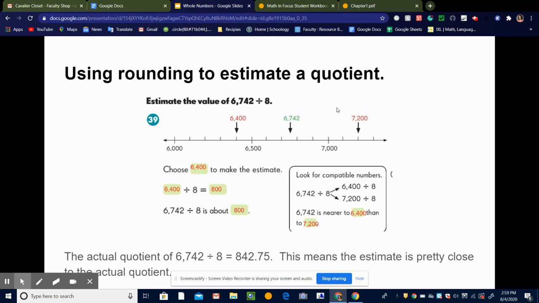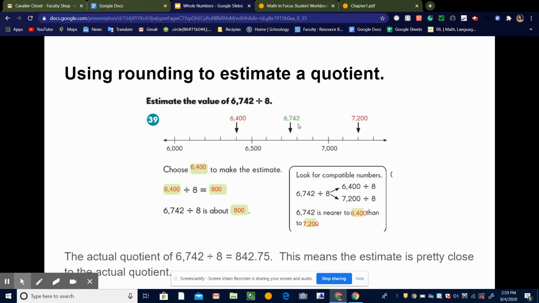So instead, when we divide, we are looking for a number that's close to, in this case, 6,742, but that's easily or evenly divisible by 8. So I go through my multiples and I think, okay, 8 times 8 is 64. So 6,400, that's pretty close to